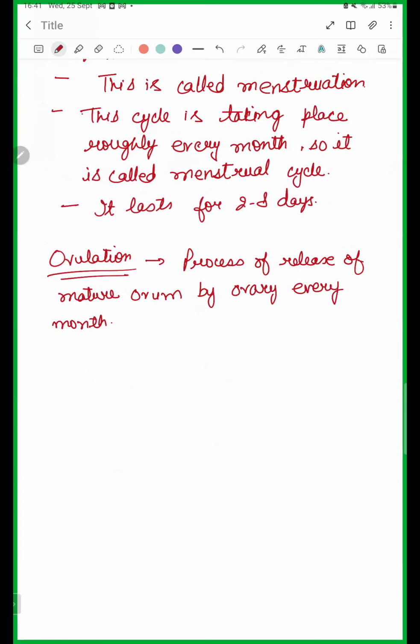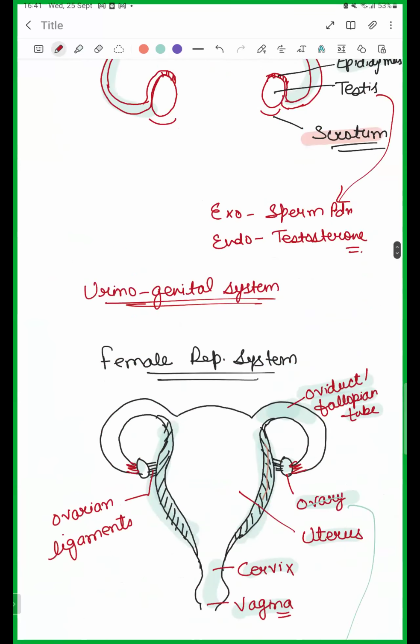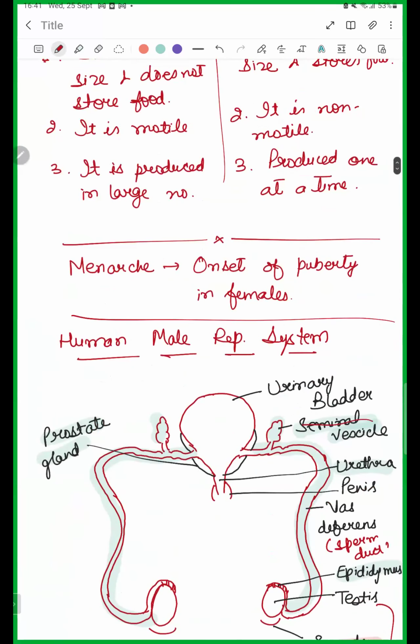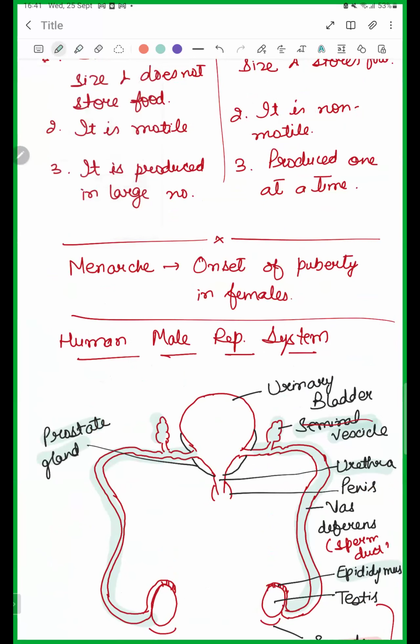So basically ovulation takes place nearly 14 days after the beginning of the menstrual cycle. This is something you need to remember. Implantation, I just explained, is the attachment of the embryo to the walls of the uterus. We just discussed menarche. Menarche, like I discussed, is the onset of puberty in a female, and it basically takes place around the age of nearly 10 to 12 years